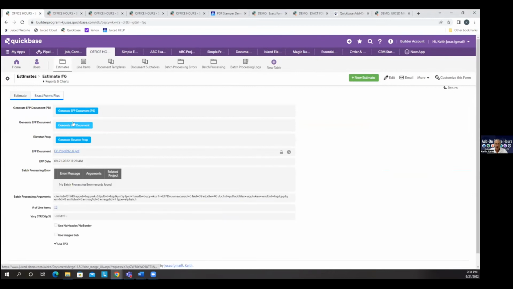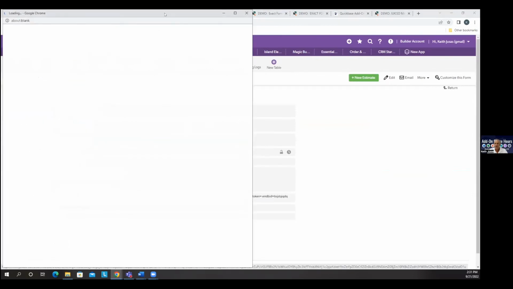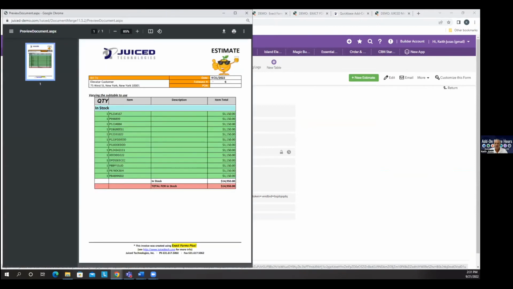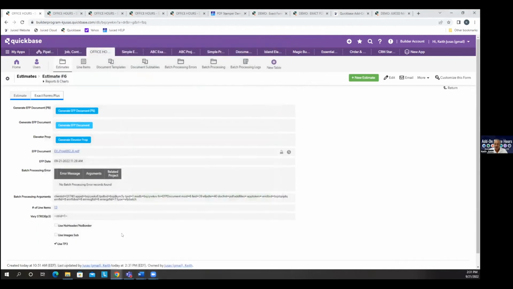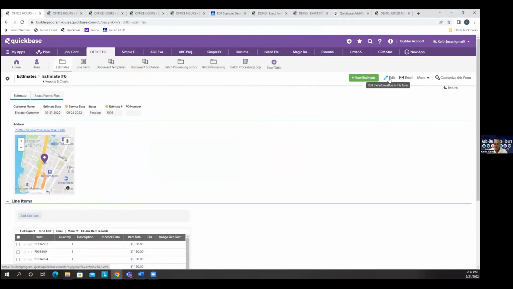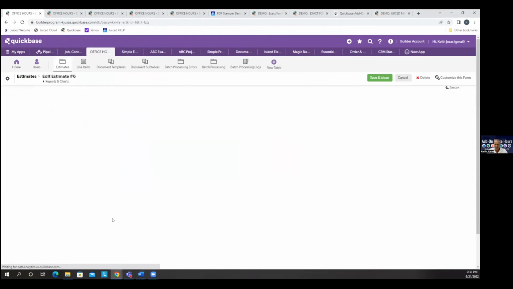So when I click this document button, and Mike, if you look, we did left justify, so that held. So in here, I use this strid. So this was strid number 1, which showed a lot of different line items here. But if I want to use a different subtable,